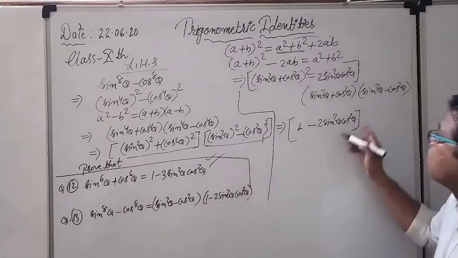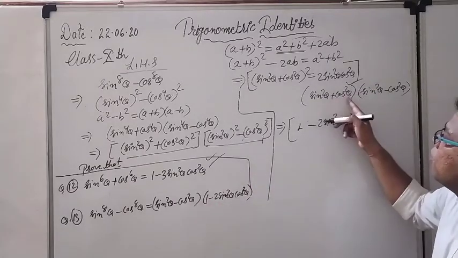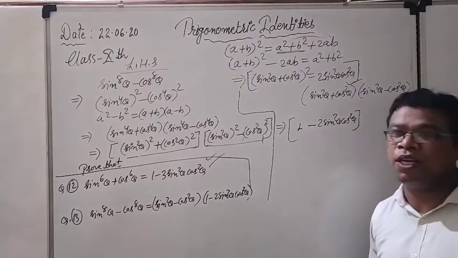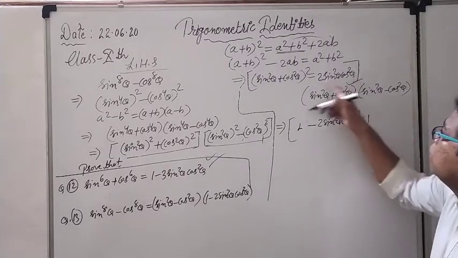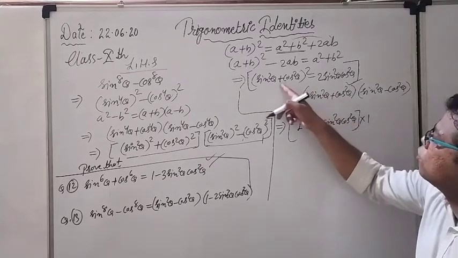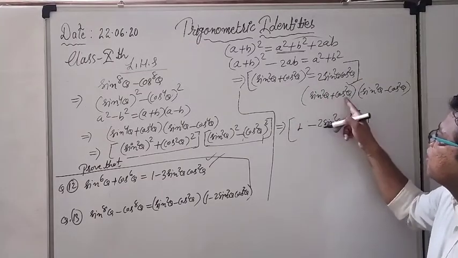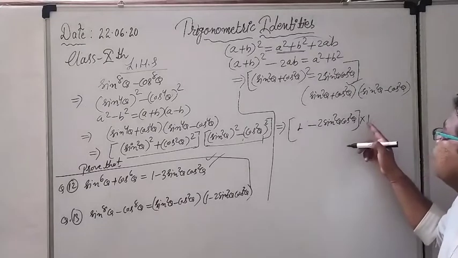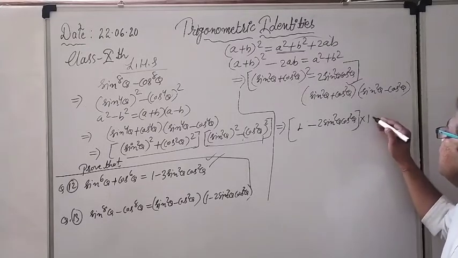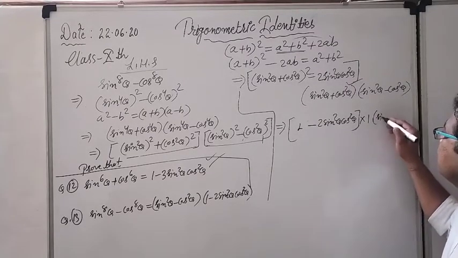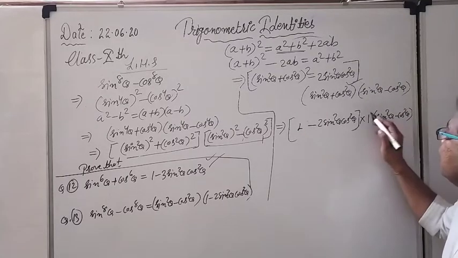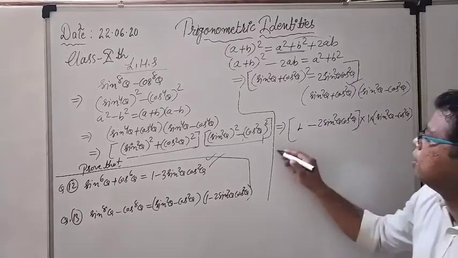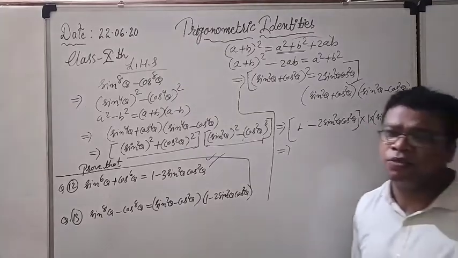And here, this is also converted into 1, because sin square theta plus cos square theta is none other than the identity. So again it will give me 1 into, these both are in multiplication. So I have solved this here, and after that sin square theta plus cos square theta is 1 into 1, and this remained. So I am going to write sin square theta minus cos square theta. And right now, multiplication of all this, so this 1, it is no problem.